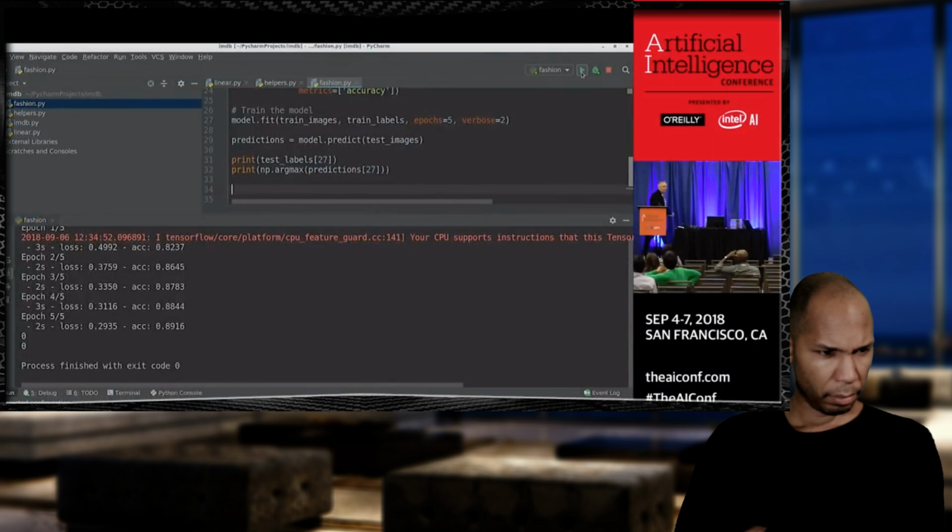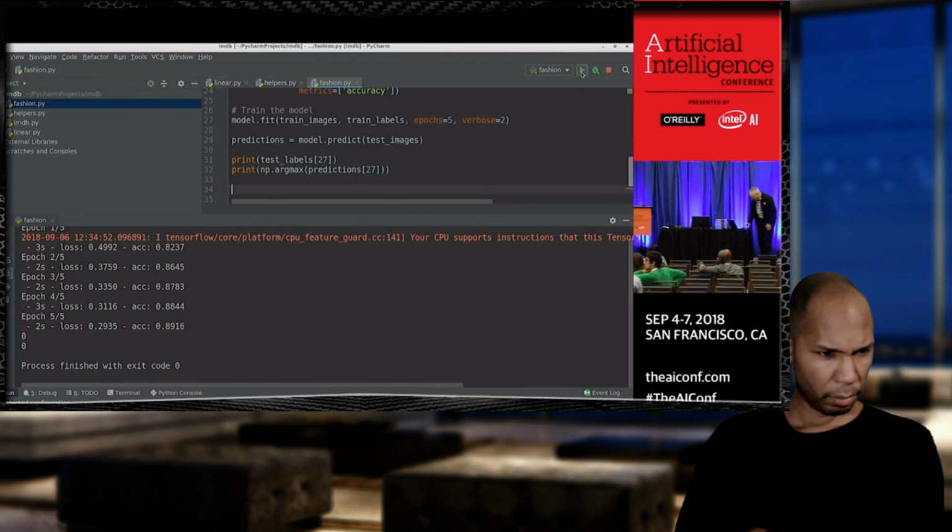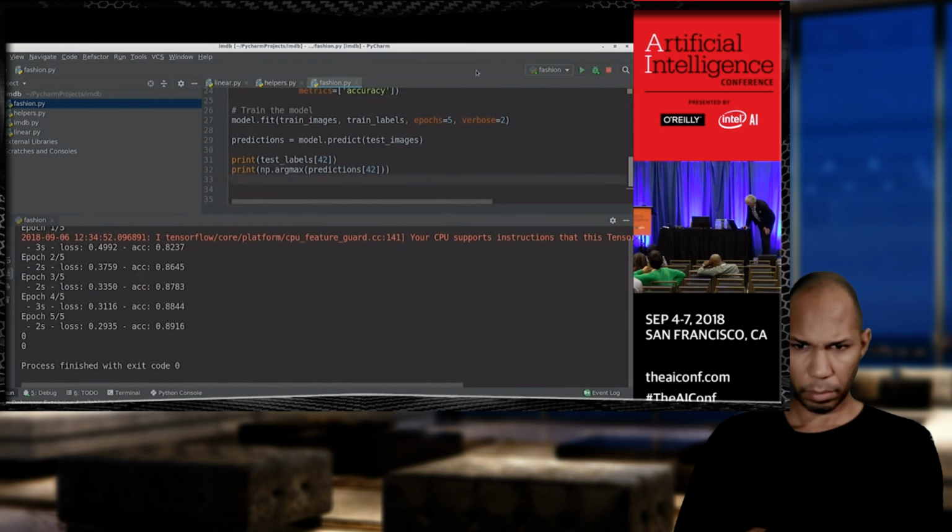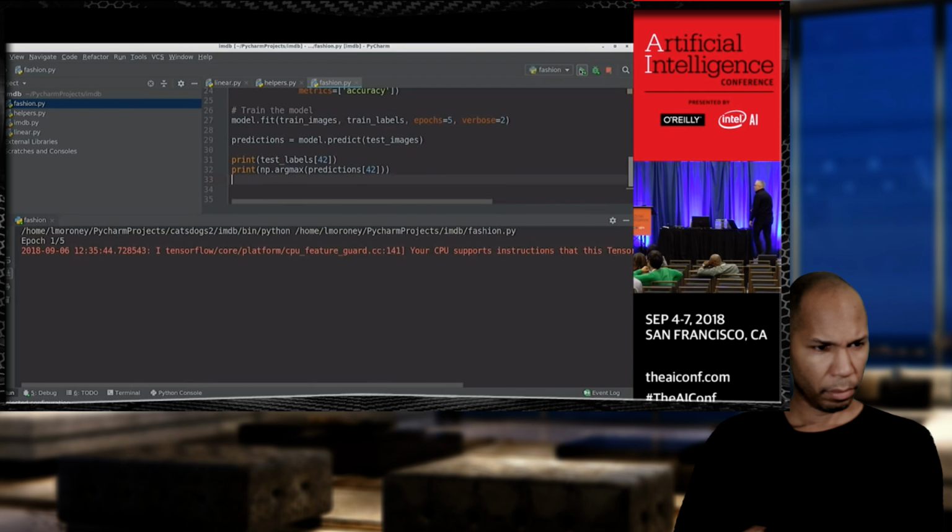Yay. Anybody want to try one more? Just to prove that. Let's see if we can. What's that? 42. I love it. That's the ultimate answer. But what is the question? Okay, 42. And I'm guessing 42 is probably also item 0, but let's see. Hopefully I haven't broken any of the bracketing. Let me run it again.